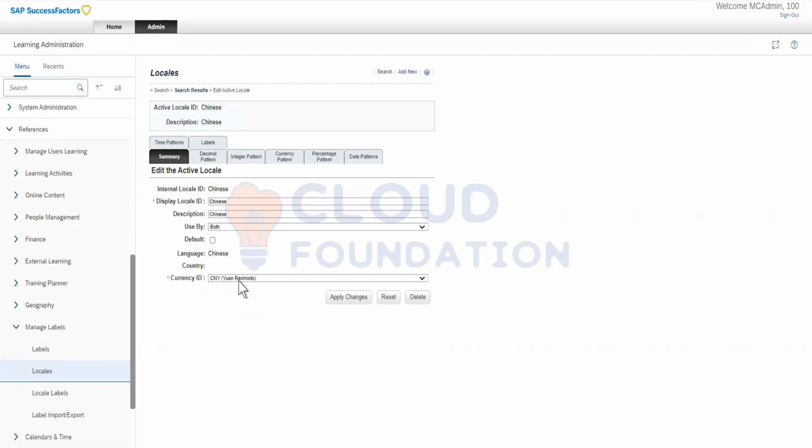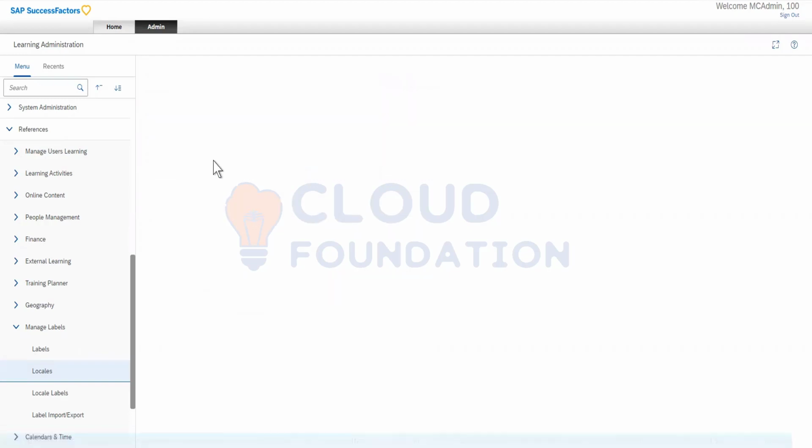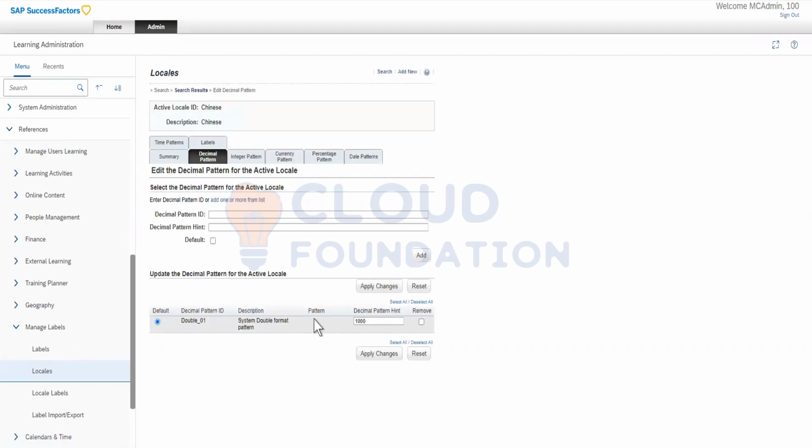Because we have done all the settings from the backend, so that the moment you choose the Chinese locale, automatically all this data will get updated on your training, like the decimal patterns of any amount. The decimal pattern will work like this. So if I say $500, the system will automatically count it in yuan, the currency pattern. See,